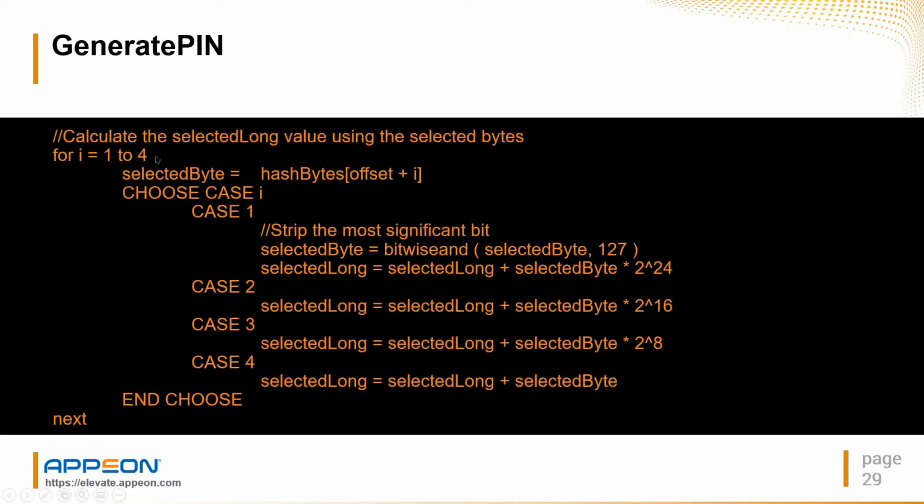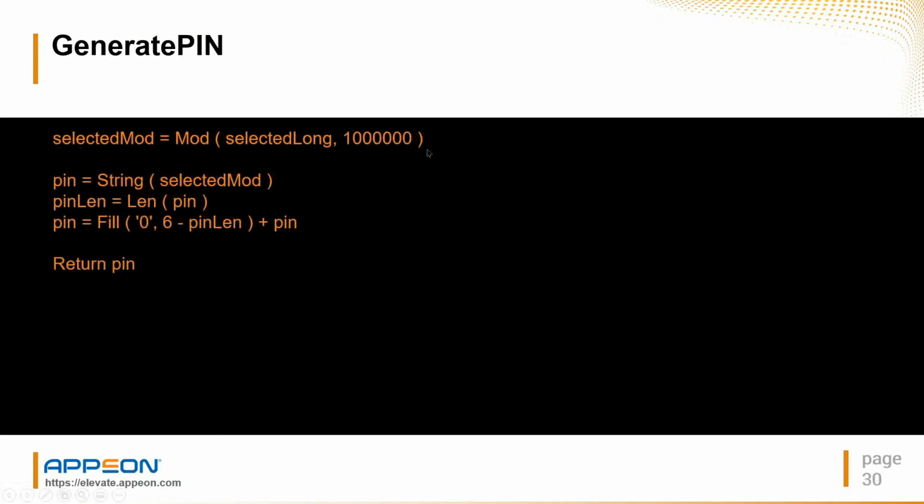Okay, then I loop through. I get the offset plus my index value here, so I'm looping through those 4 bytes. Remember, I do the bitwise AND on that first byte with 7F, which is 127, and multiply that by 2 to the 24th. Take the next byte, multiply by 2 to the 16th, next byte 2 to the 8th, and just take the last value by itself, add those all together, do a mod with 1 million, and that gives me my